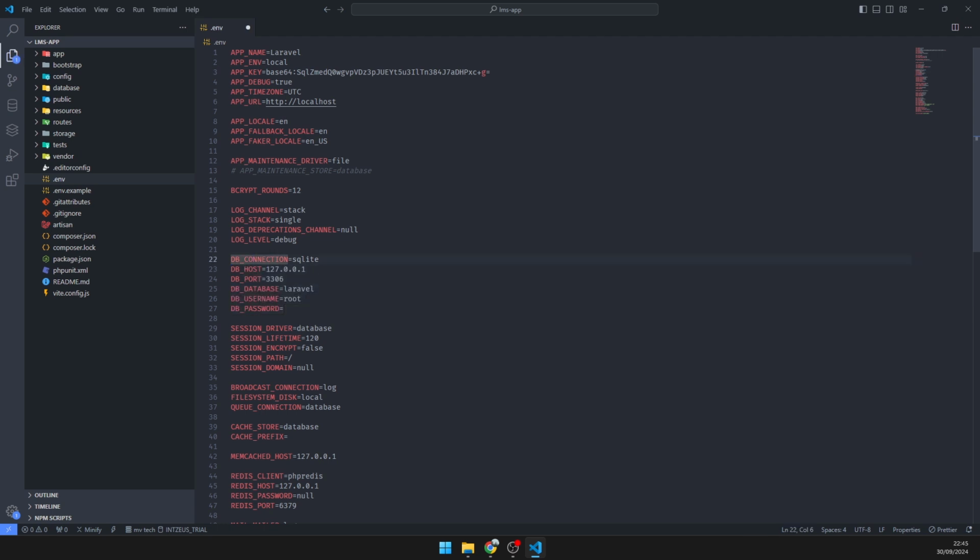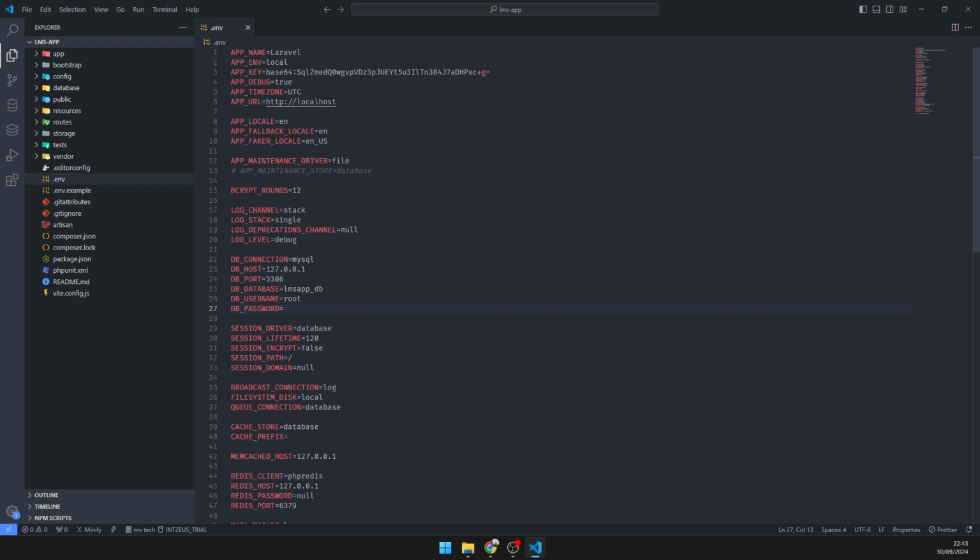Now in DB_CONNECTION, change sqlite to mysql. Then change DB_DATABASE to lms_app_db, with username root and password default empty. Now you can save this file.